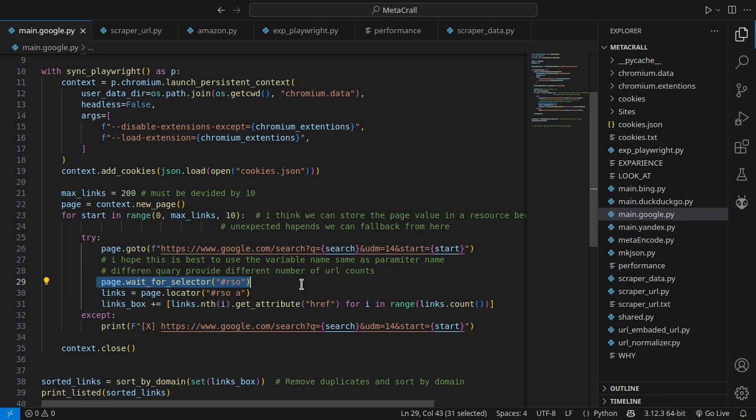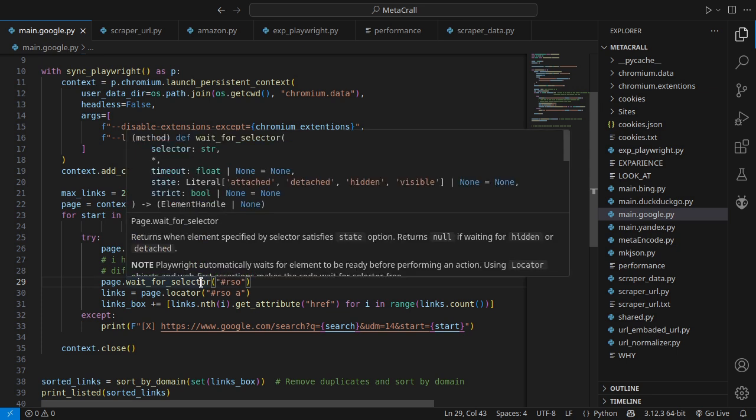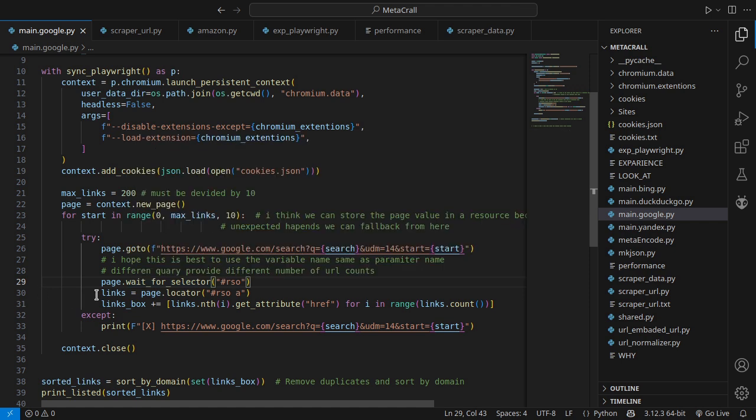hash res rso. Those are not magic numbers, actually they have logic, but for us this is a magic number that we can get from reverse engineering. This is the beauty of Playwright, wait for selector. One of the beauties. Page wait for selector hash rso, this is the result div, and in that we are finding every anchor tag, and there is a catch. Some